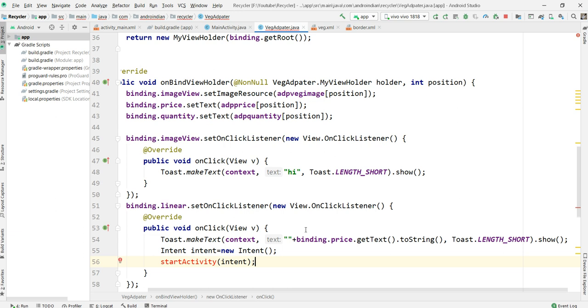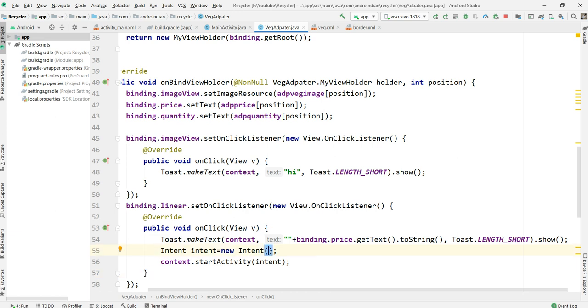Always when you are calling this activity, you can call it from the activity only. So here it requires the support of context. See, context dot start activity. This is the difference, just remember this carefully.